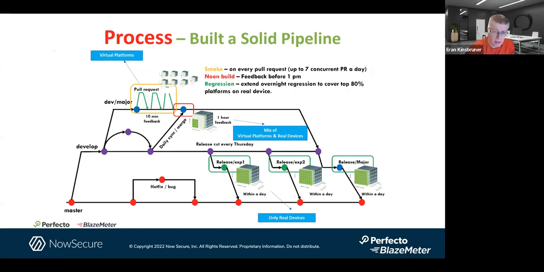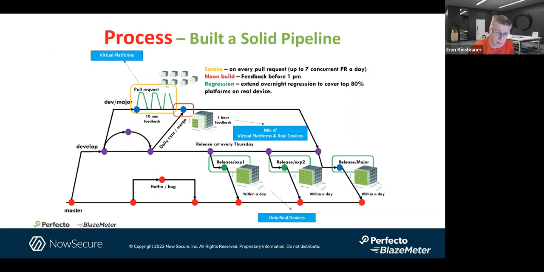And for this example, this customer does up to 7 PRs, pull requests a day, and for each pull request is allowing 10 minutes of feedback. Think about 10 minutes of feedback. You must use automation here. It can be unit testing with a mix of functional testing. For that purpose, it is only using virtual platforms, emulators and simulators from a mobile perspective, but is getting fast feedback, very immediate one.